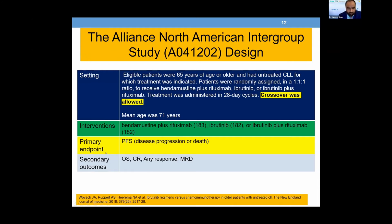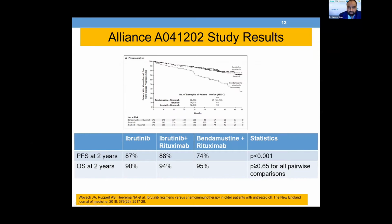And again, primary endpoint was the progression-free survival. You can have a look at the differences, the curves well separated from each other. Ibrutinib-containing regimens are significantly superior, no surprises again, in comparison to chemoimmunotherapy. The progression-free survival at 2 years was 87%, and that was similar to the ibrutinib plus rituximab, and that's an